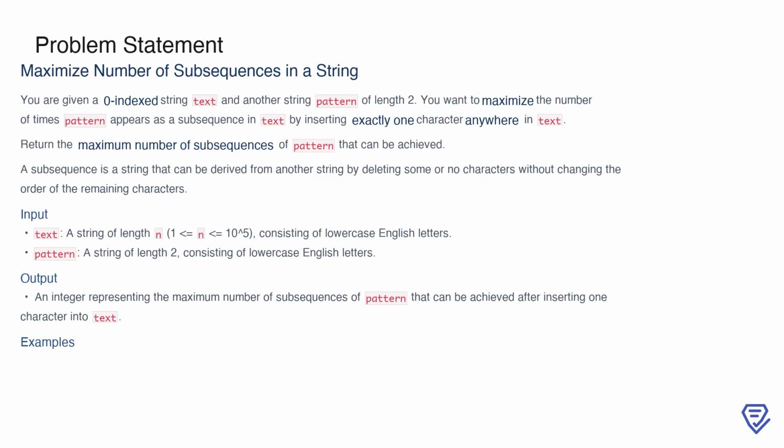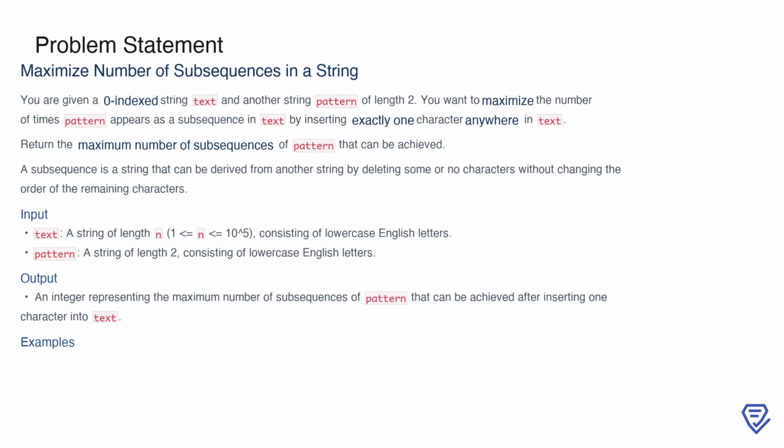In this problem, you're tasked with maximizing the number of times a given two-character string, called pattern, appears as a subsequence in another string text. A subsequence is formed by deleting some or no characters from the string without rearranging the order of the remaining characters. To achieve this, you are allowed to make exactly one character insertion anywhere in the string text. The goal is to figure out the maximum number of subsequences of pattern that can be formed after this single